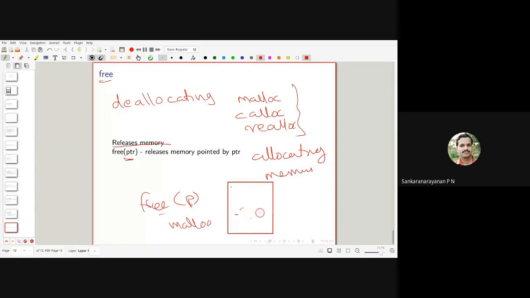Once the use for that location is over, it is better to free that area. It's always a better practice: once the use of the dynamically allocated memory is over, deallocate it so that the same space can be used for some other purpose. So space is not wasted. That is the purpose of free.